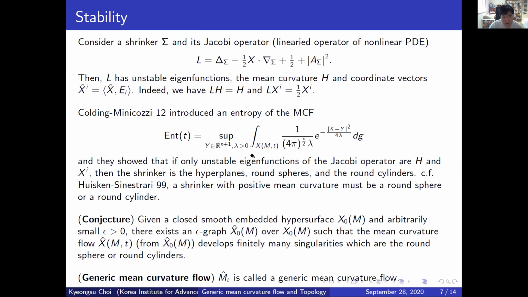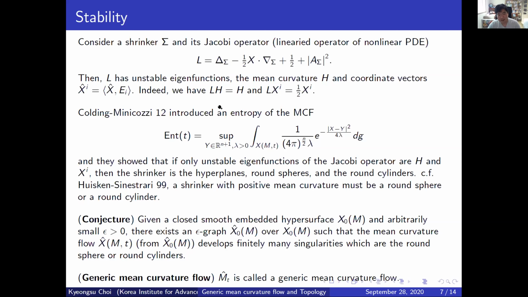So maybe the natural concept for a linearly stable shrinker would be a shrinker whose Jacobi operator has H and the coordinate functions as the only unstable eigenfunctions. And actually they show that hyperplanes, spheres and cylinders are the only shrinkers whose Jacobi